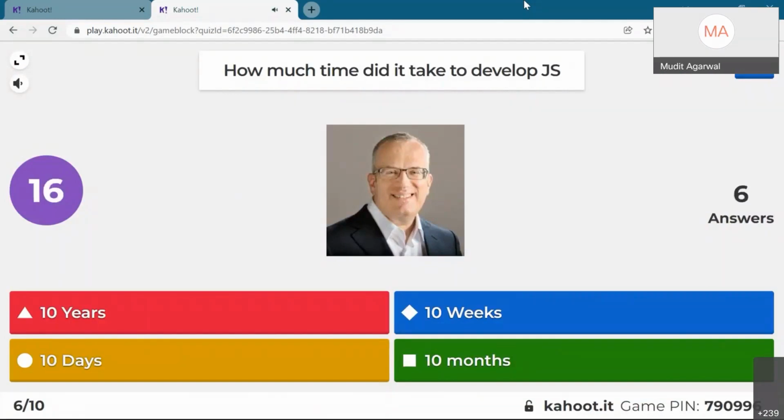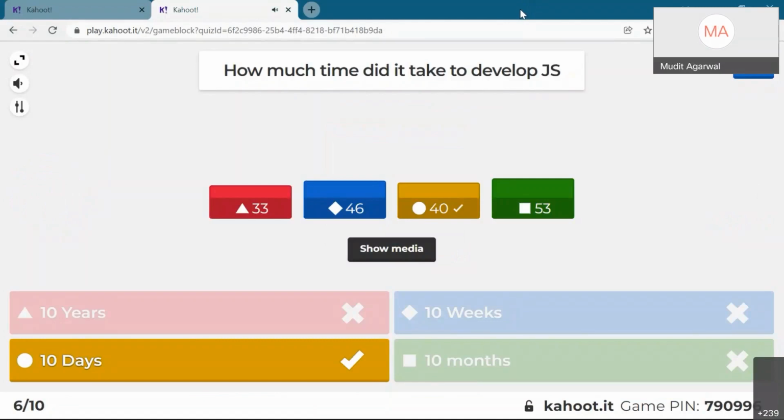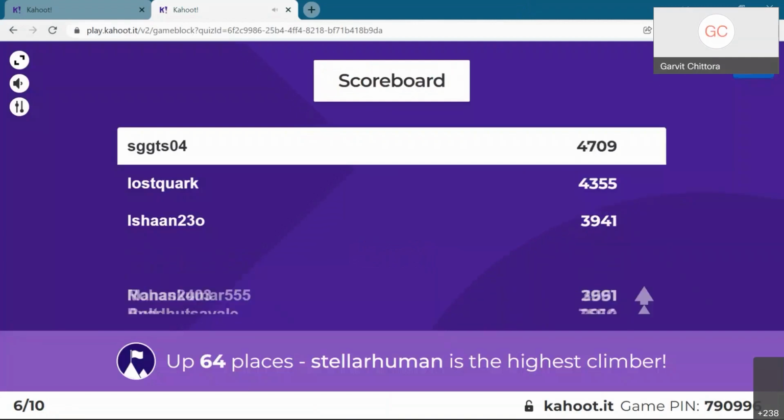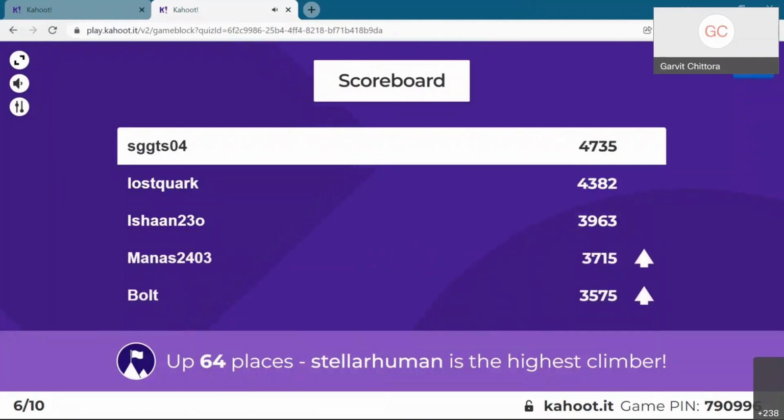ये तो श्रेयस सर होंगे पहले नंबर पे जिन्होंने अभी आंसर किया। जो बंदा है, इसी ने जावास्क्रिप्ट बनाया है, इसने मोजिल्ला फायरफॉक्स बनाया है और इसने ब्रेव ब्राउजर भी बनाया है। जावास्क्रिप्ट 10 दिन में बन गई थी। सही है।